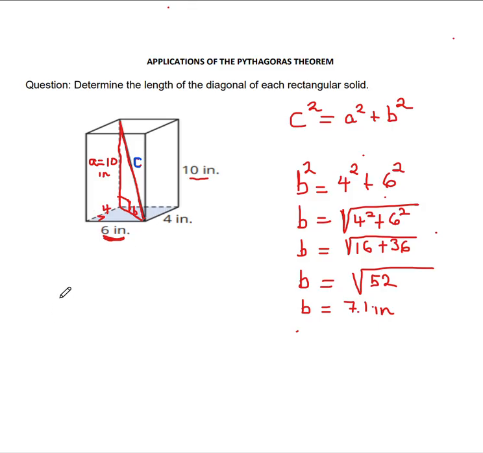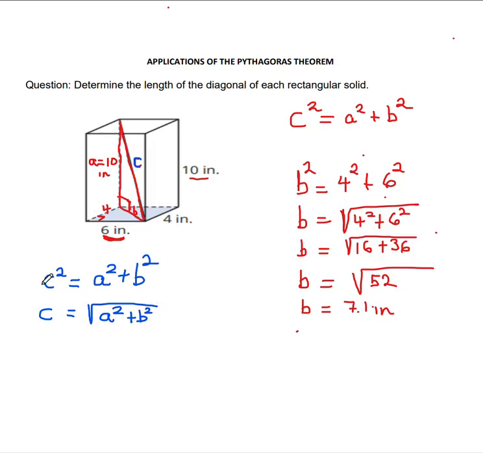So C squared, based on the Pythagoras theorem, is equal to A squared plus B squared. And by transposition, C is going to be equal to the square root of A squared plus B squared,